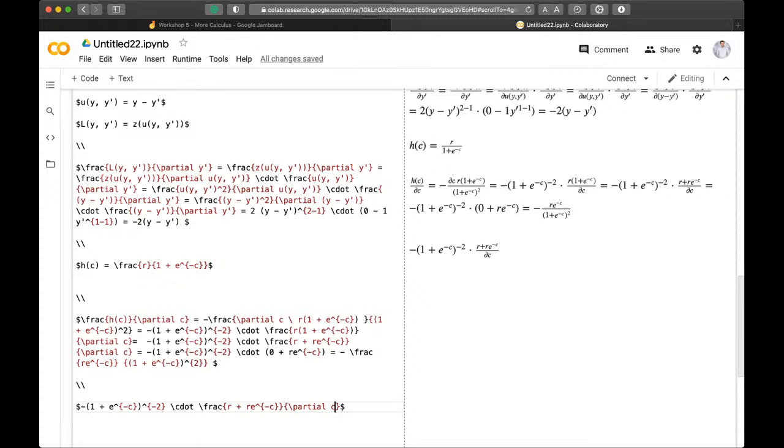Exactly what Christopher just wrote in the chat is what I'm trying to explain. Normally you would just multiply it by minus C and everything is great, but